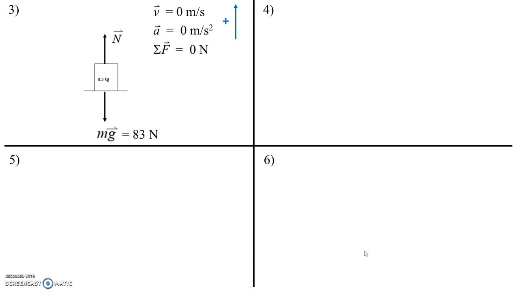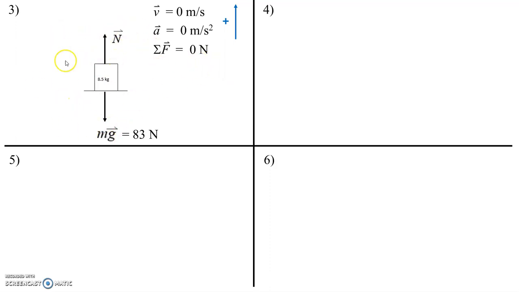Now, we could go through the whole sigma F equals ma business and list the forces with their proper signs, but let's just see what's happening. We can see the net force equals 0. Now, let's remind ourselves, net force, sigma F, is the combination of all forces. What are the forces? Well, you have mg down and N pointing up, and if the net force, the combination,